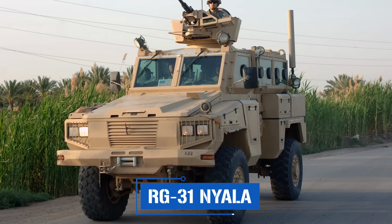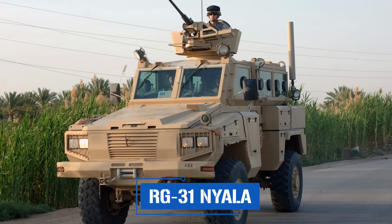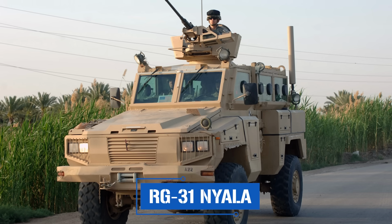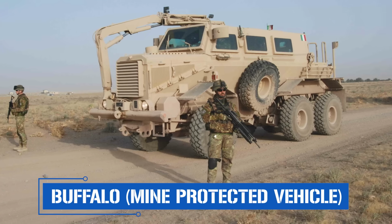Similarly, there's the expanded version of the RG-31 Nyla, working in primary service to the UN and other non-governmental organizations, working in landmined areas but not looking to cause harm. The extended Nyla features even better protection than the base version, plus the option to carry several more troops or passengers inside. And last of all, there's the real heavy hitter of the MRAP world, Force Protection's Buffalo, a 6-wheeled